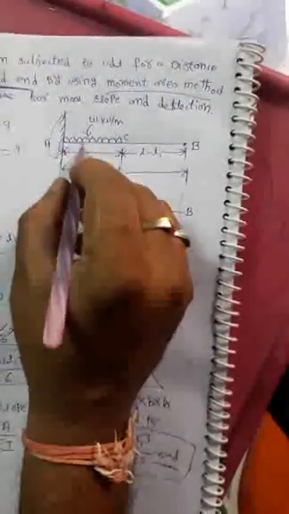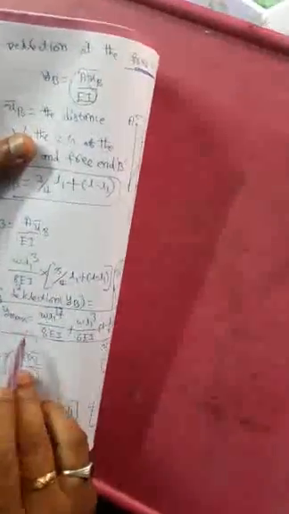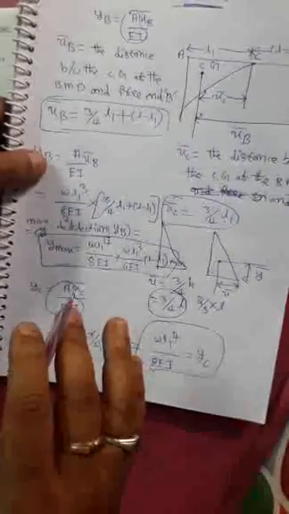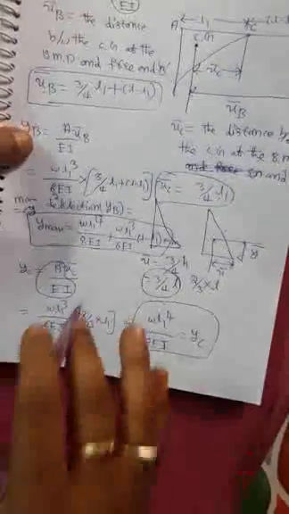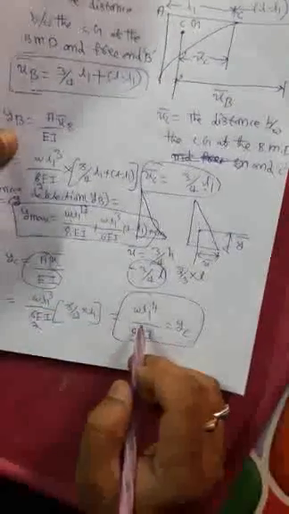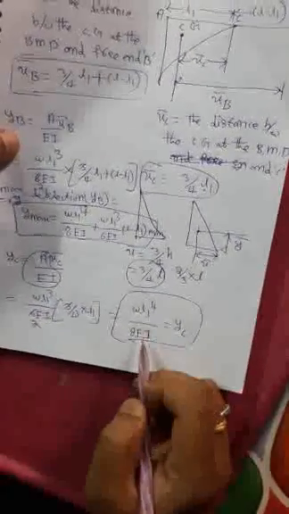And next, for this beam we have two deflections. This is the yB and here it is the yC. For the two deflections, we already got yB, and yC is the minimum deflection, not a bigger value than yB. yC is the minimum value and yB is the maximum deflection, and yC is equal to WL1 power 4 by 8 EI.